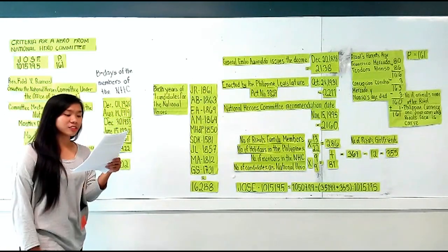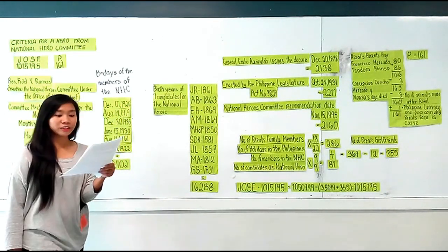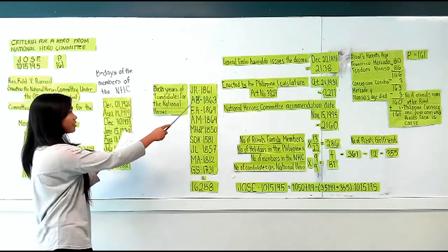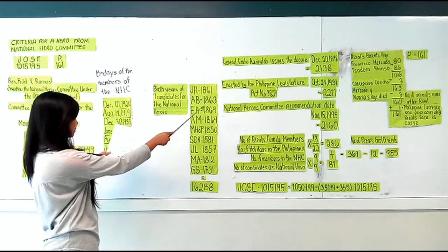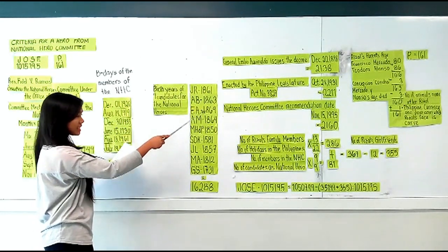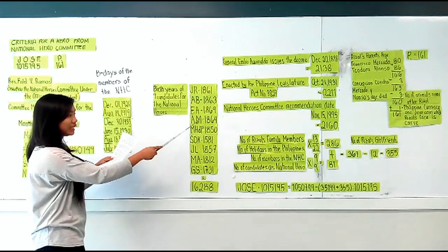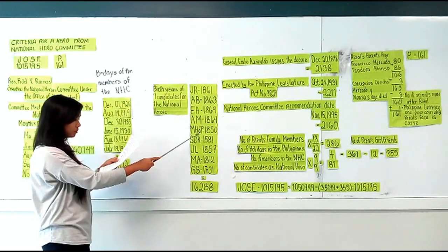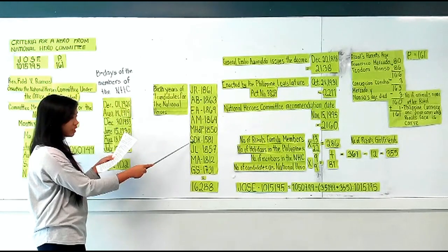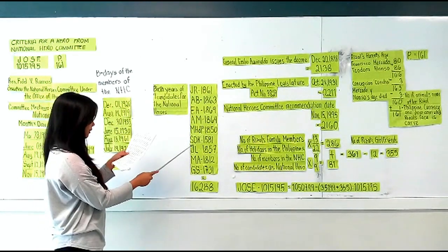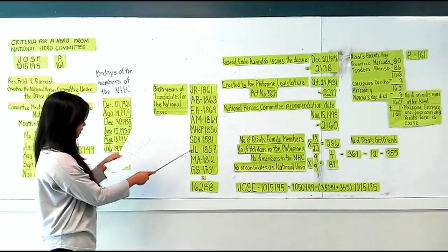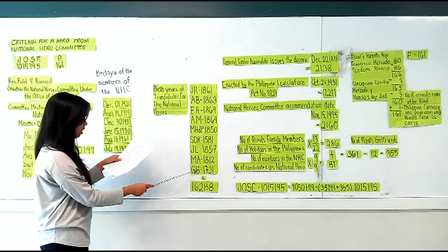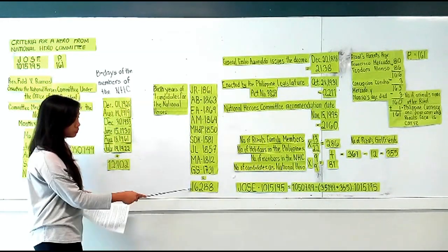Third, we added the birth years of the 9 candidates for the National Heroes Committee, namely Jose Rizal in 1861, Andres Bonifacio in 1863, Emilio Aguinaldo in 1869, Apolinario Mabini in 1864, Marcelo H. Del Pilar in 1815, Sultan Dipatuan Kudarat in 1581, Juan Luna in 1857, Melchora Aquino in 1812, and Gabriela Silang in 1731, which get a sum of